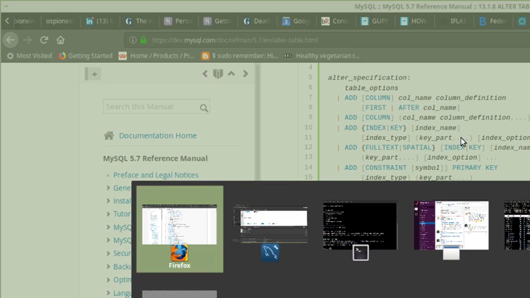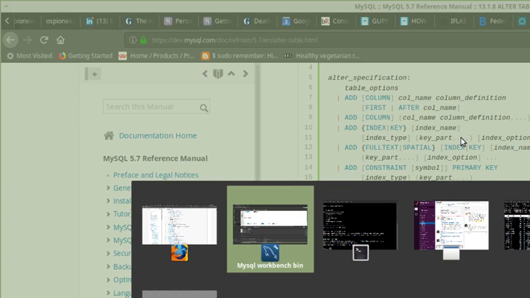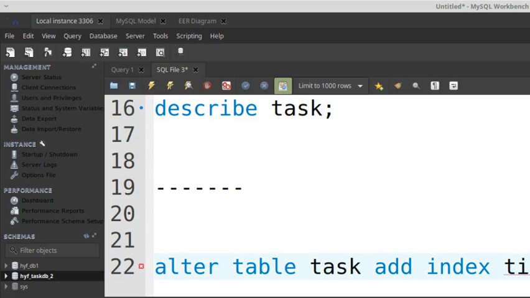Oh yeah, okay. It has to be in parentheses, because you can have an index on multiple columns. So I would have to do this, like this. You already have title in the task. Yeah, I have the column, but I don't have an index. So an index is something extra you can add. Okay. So if I do this,